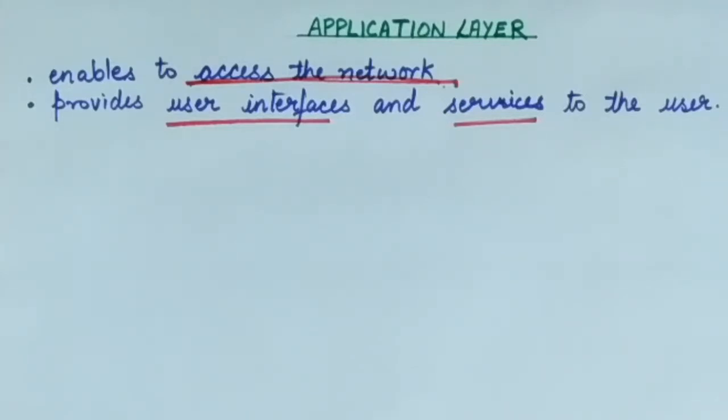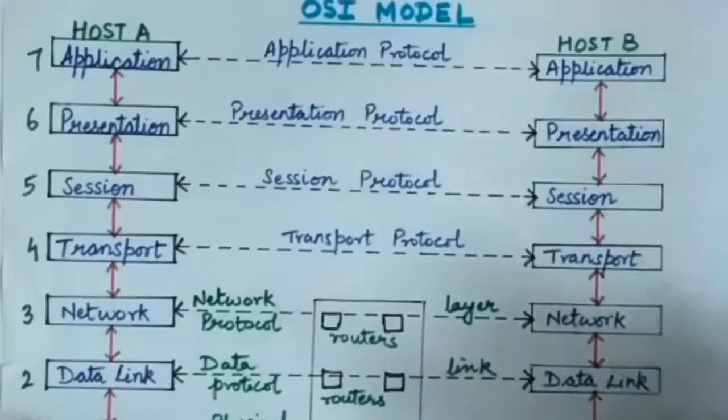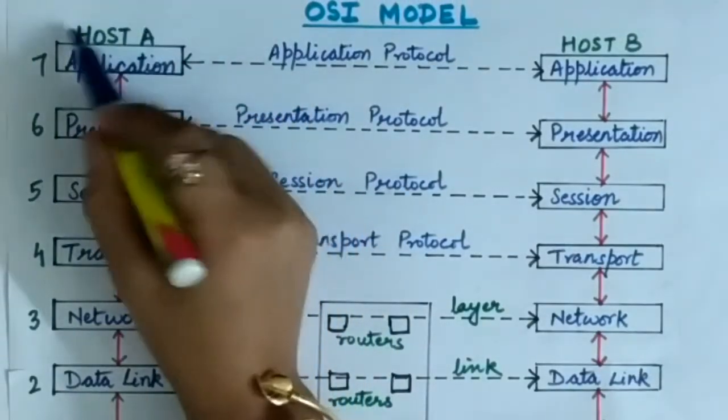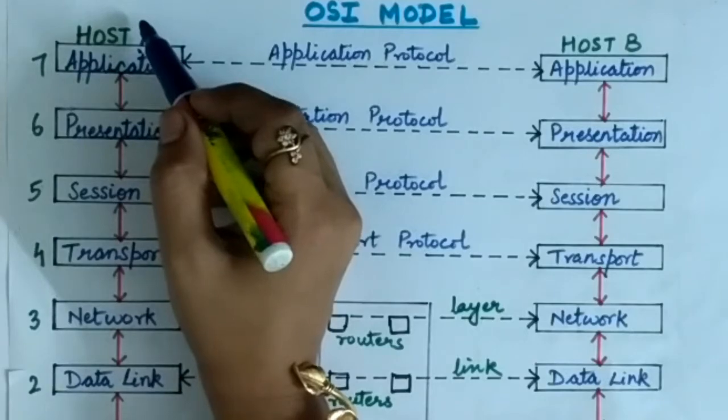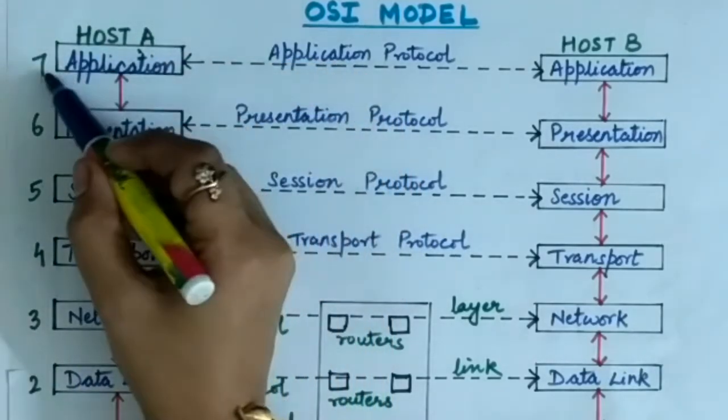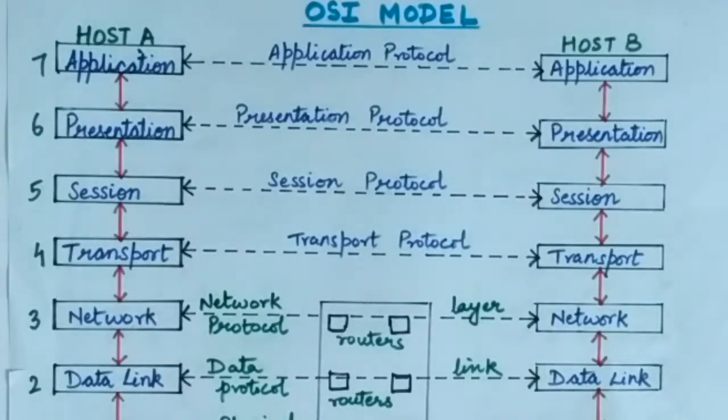Now this layer is at the highest level of the OSI model, the 7th layer. So it is closest to the user. As you can see here, this is host A, where I am sitting as the user. So if I am doing anything on the computer, accessing the network, the first layer I will access is the application layer. So this layer is closest to the end user,